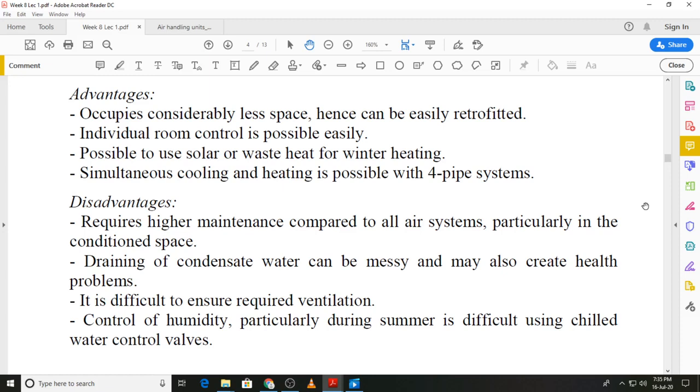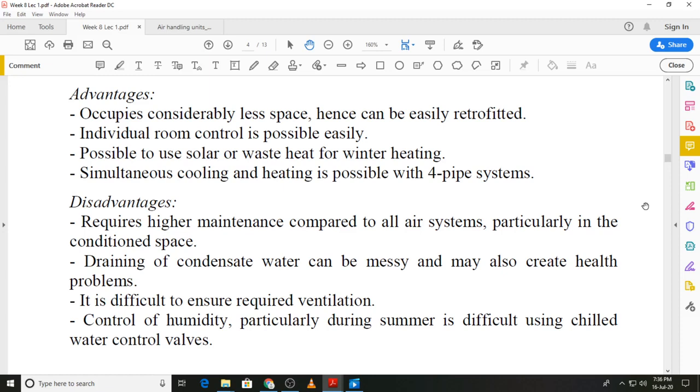The disadvantage is that maintenance costs are higher, and draining of the condensate can be an issue at times, and that can lead to health risks, because bacterial growth can occur if the condensate water is not properly drained from the conditioned space. Ventilation can be an issue with these, because we are just relying on the outside air, and especially when we talk about summer and humid climates, then it may not be suitable to use these sorts of